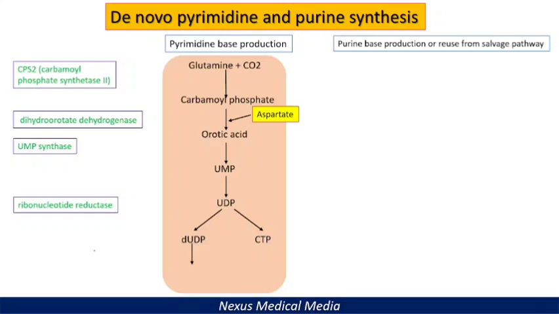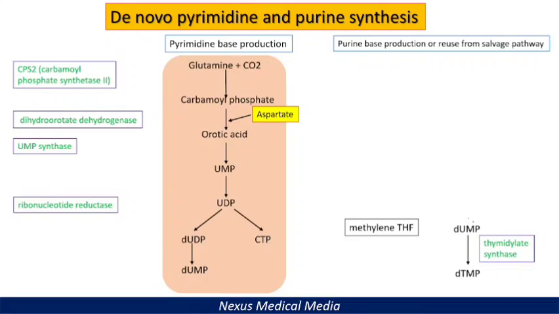From deoxy-UDP we form deoxy-UMP. Right, we just removed one phosphate. So here you have your deoxyuridine monophosphate. This is converted to deoxythymidine monophosphate, and the enzyme responsible for this step is called thymidylate synthase. But this enzyme needs